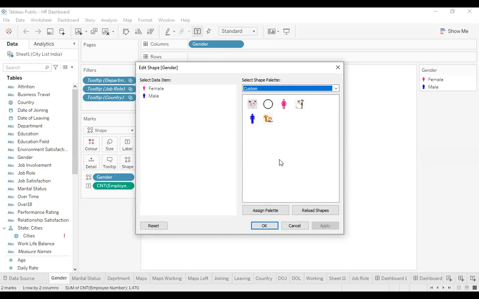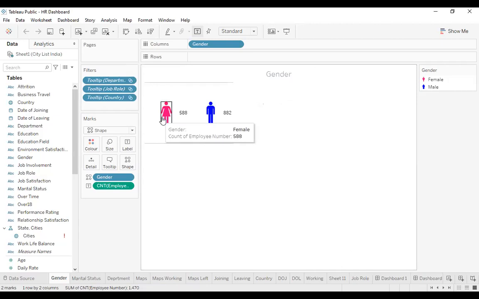You just need to download any images that you like from Google, and copy paste those images into that repository, and they will be available in your custom shapes. By default these custom shapes are not available, so they will be available once you have put them into the repository. So we have just put the two images and put the count of the employees here.